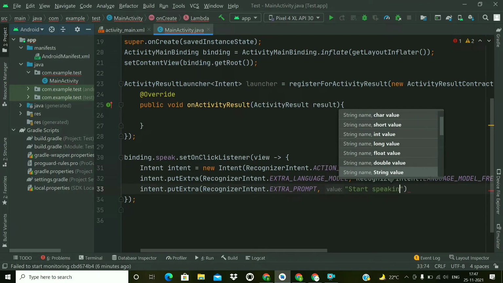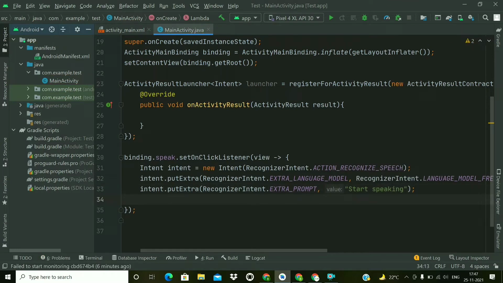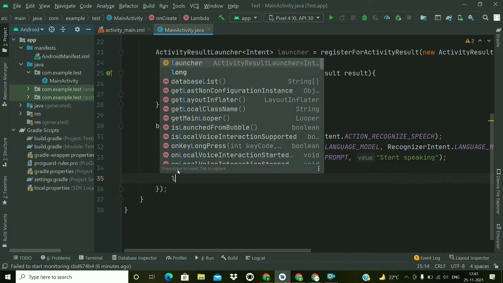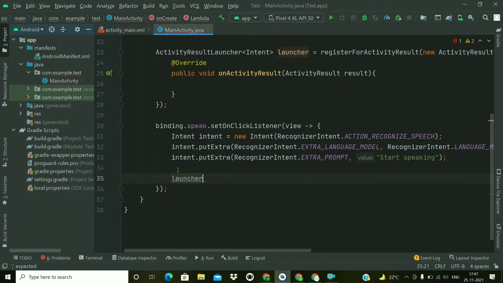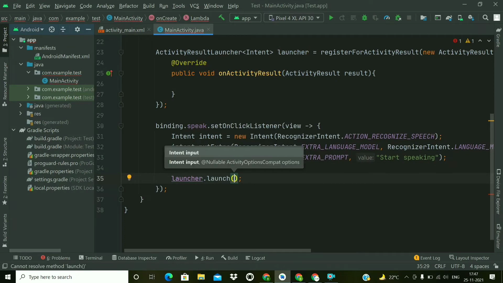And now instead of startActivityForResult, we will call the launcher.launch method and pass the intent here. So launcher.launch, and in this method we have to pass the intent.